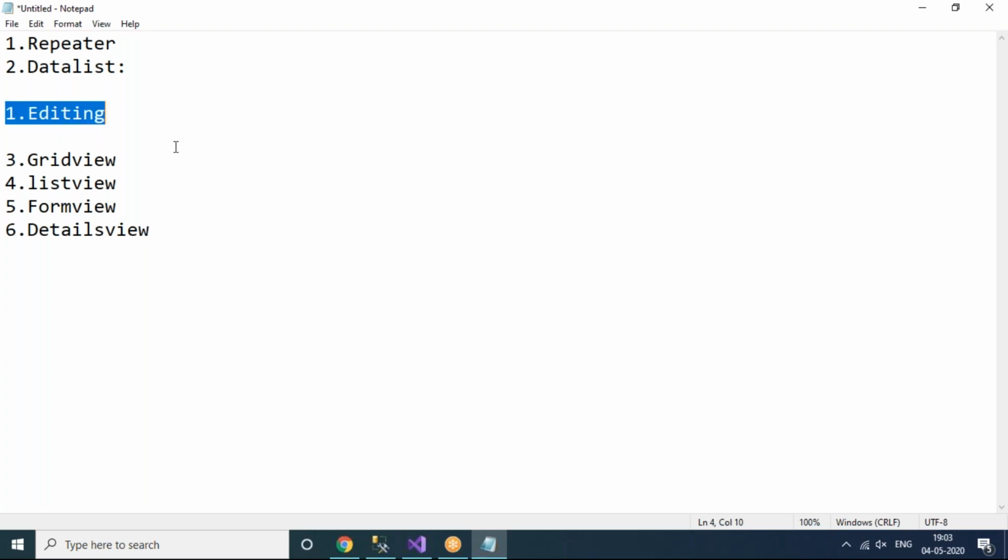We'll see now. Sorting and paging facilities are not possible. That means each page, suppose you want to display 3 records or 4 records,